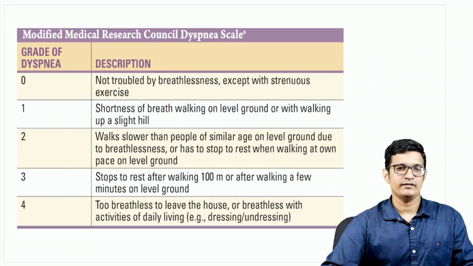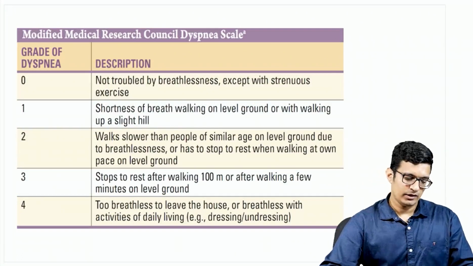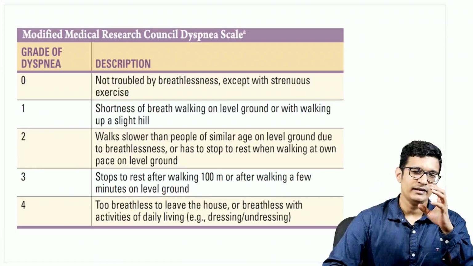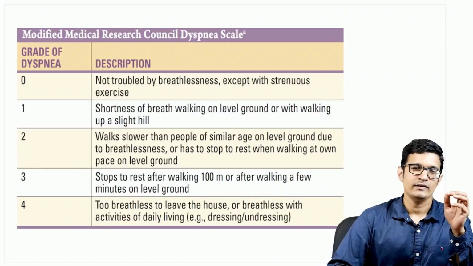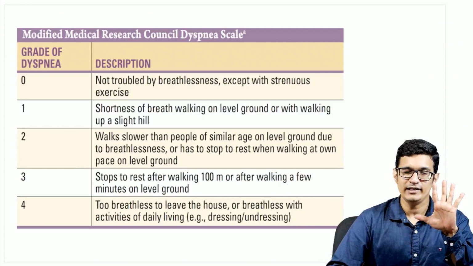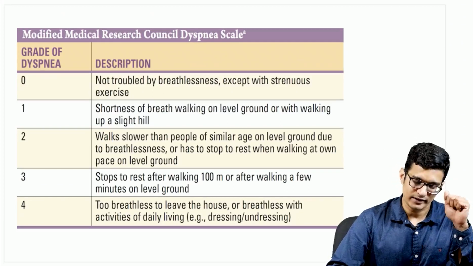Now, this is what we commonly use in the analysis of breathlessness in the history taking, the MMRC grading of breathlessness. You should know that there is something called as grade 0 also. So if the question in the exam is how many grades are there in the MMRC grading of breathlessness, we have seen a lot of students answer as 4 grades. No, it is not 4. It is 5 grades of breathlessness, because there is something called as grade 0.